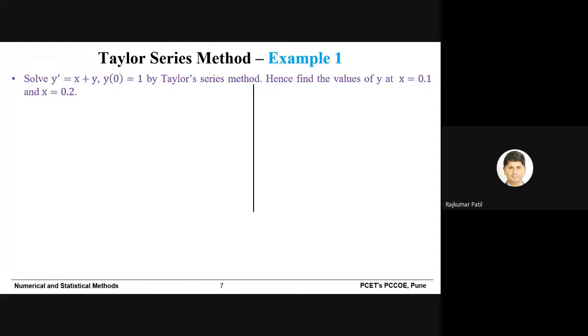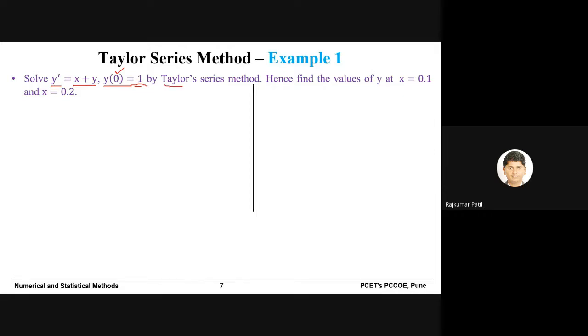So first step, always read the problem carefully and try to find out which values are given to you and which values you need to calculate. So dy by dx as y dash is given, which is equal to x plus y. So function f of x, y has two terms, x and y. Then initial conditions are given: y(0) is equal to 1, where the bracket value 0 is the value of x naught, that is the initial value of x, and 1 is the initial value of y, that is y naught.